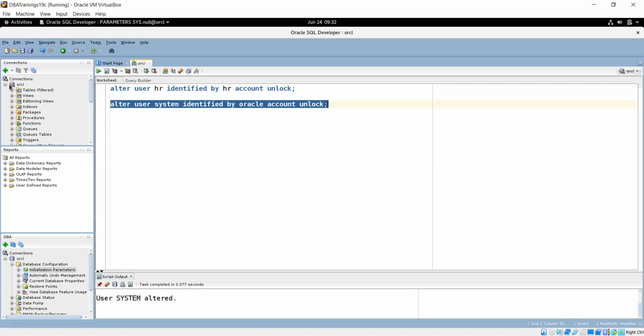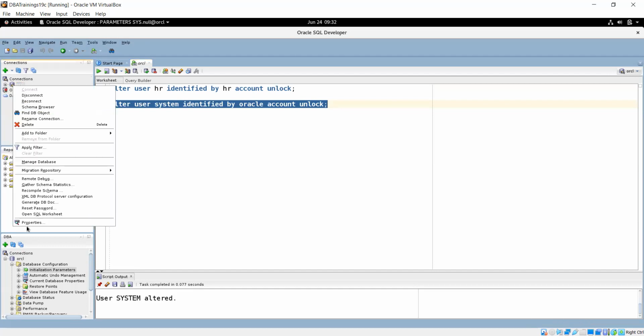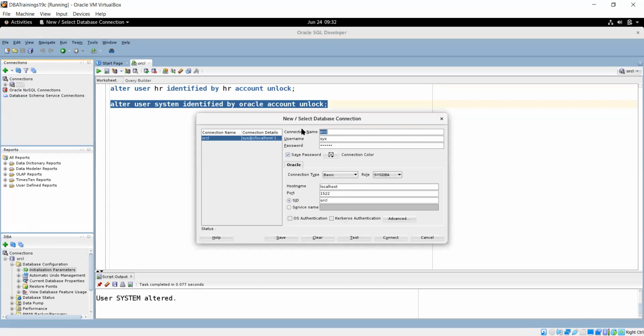The same connection I am using, and here I am putting properties, just changing the name. System user I did. The password is Oracle itself.